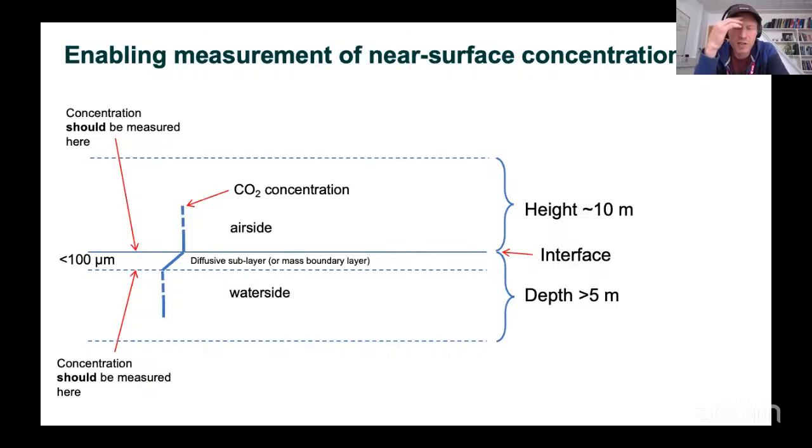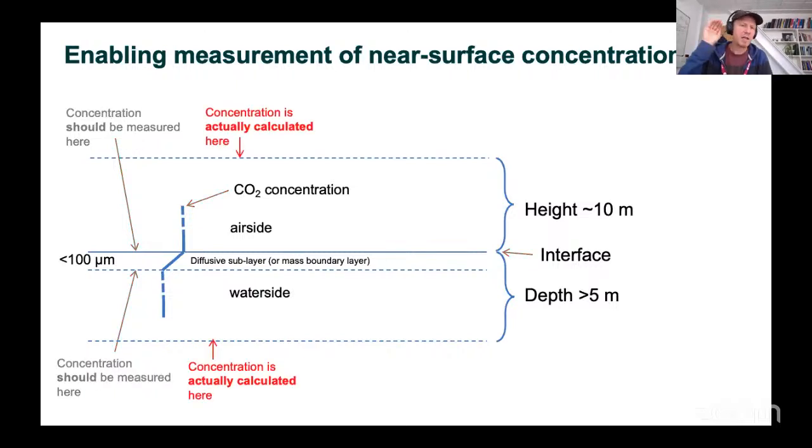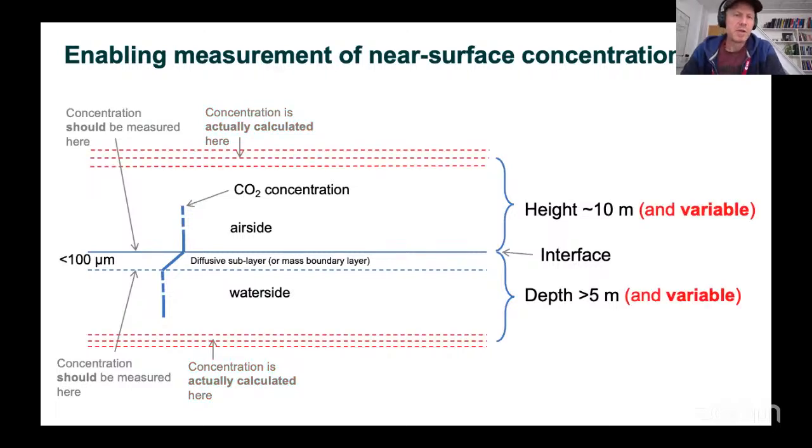So this is a cartoon of the interface between the atmosphere and the ocean. The solid blue line is our interface. And essentially, if you want to calculate the exchange of the gas, you need to look at the concentration above and below a really thin layer at the very surface, this mass boundary layer. But in reality, the measurements are typically taken about 10 meters above and 5 meters below, so some distance away from that interface, and that's a practical aspect. But also this measurement height and measurement depth can be variable. It's not constant. So clearly there's this issue of you're taking measurements either side of the boundary, but it's not really at the point where you're trying to understand the measurement.